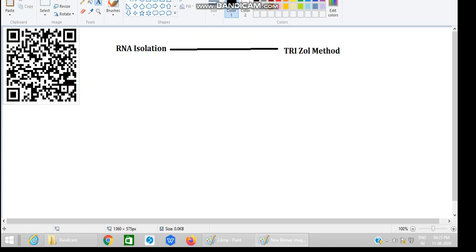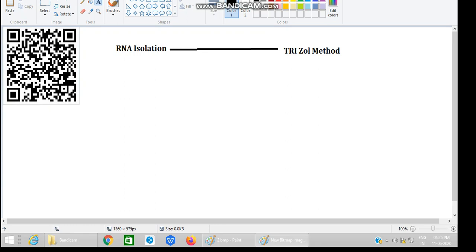Trizol method, as the name suggests, tri means 3. So there are 3 components of the system. And one more thing, some people say that TRI means total RNA isolation, because during this procedure all the RNA present in the body will get isolated. Understood? We already know that there are 3 different RNA polymerases: RNA polymerase 1, RNA polymerase 2, and RNA polymerase 3. At the same time, RNAs are also different: mRNA, messenger RNA, rRNA, ribosomal RNA, and tRNA, which is transfer RNA.